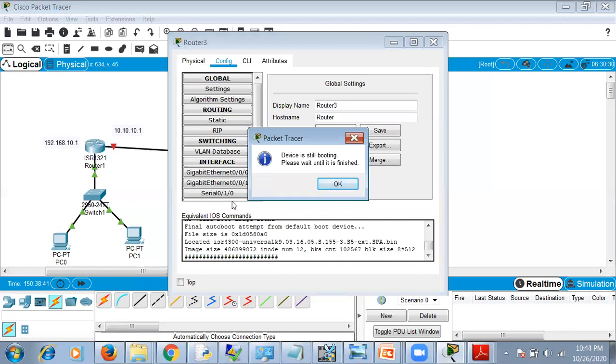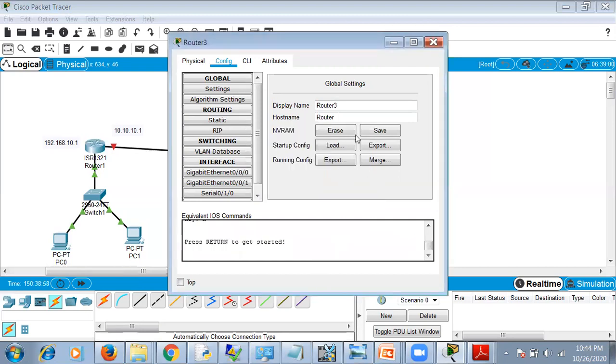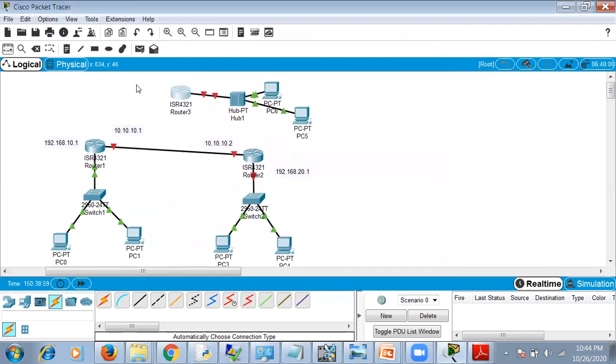So we've got a serial connection. Okay, now you can see one connection is established.